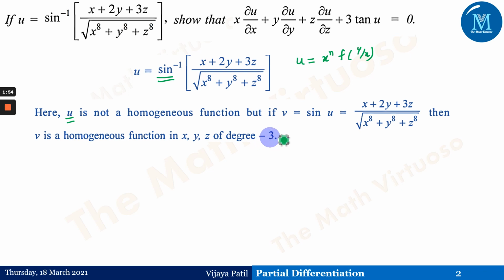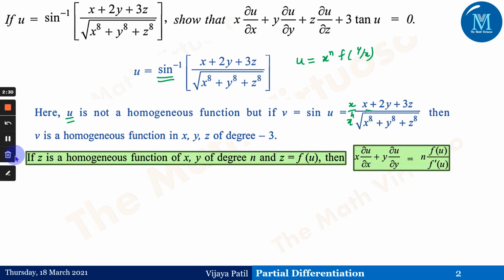How come we can just say that? From the numerator we'll be having this x outside, whereas from the denominator we'll be getting x to the power 8 outside, but it is a square root sign. That's the reason it would be x to the power 4. And if you observe, x upon x to the power 4 will give me x to the power 3, hence x to the power minus 3. The remaining would be a function of y by x, and that's the reason we could say that this v is a homogeneous function with the degree equal to minus 3.